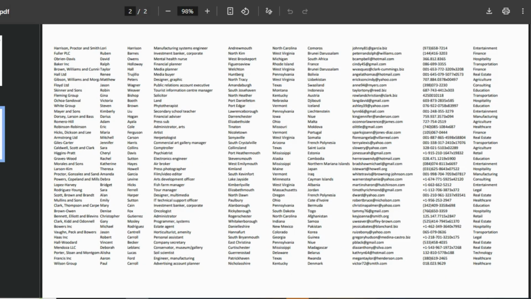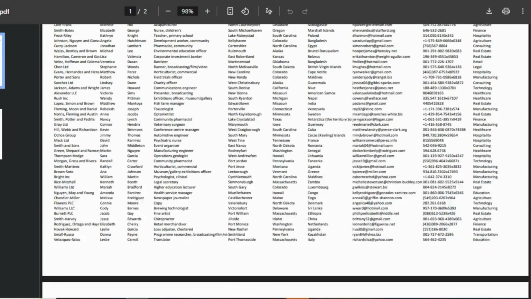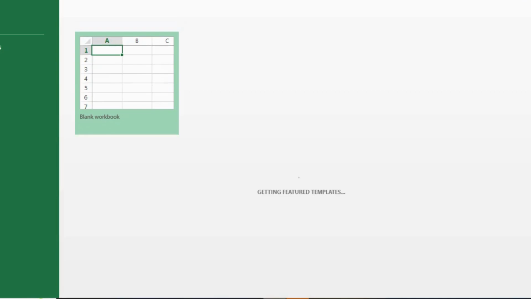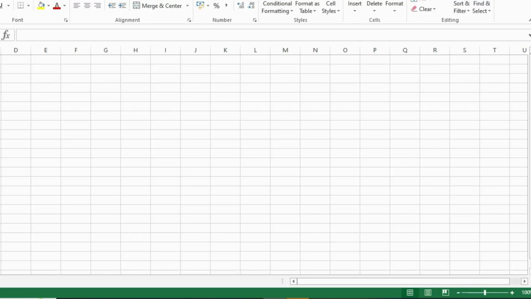This is the PDF file that the client provided. As you can see, it includes a list of attendees along with all the required information. We need to manually type this data into Excel column by column. I've opened a new Excel sheet and added headers based on client's instruction,